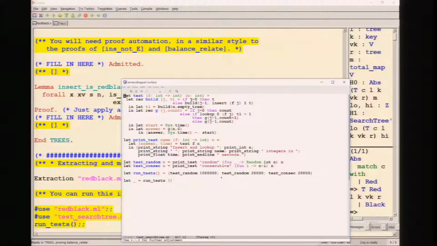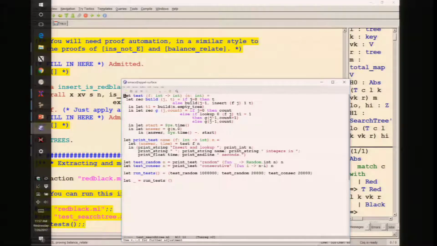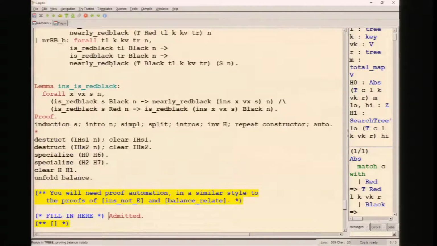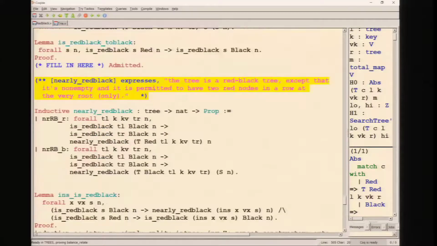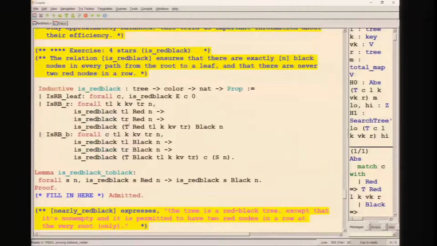So looking at the inductive definition for is-red-black, I'm not seeing something that says that leaves are black, which was part of your informal definition. Well, yes, the question is, where does this inductive definition is-red-black say that the leaves are black? Okay, and the leaves aren't explicitly marked with a color,